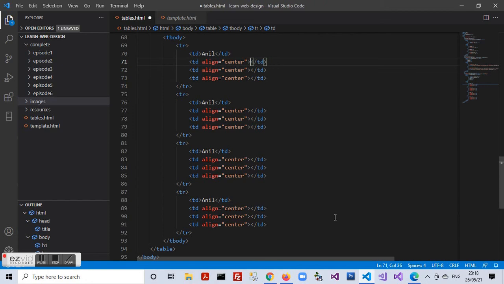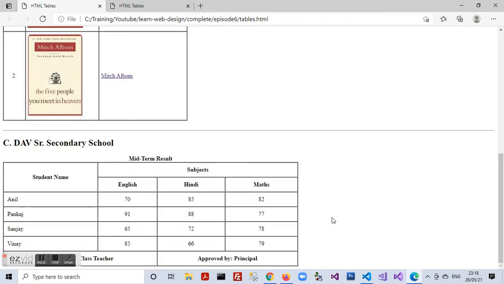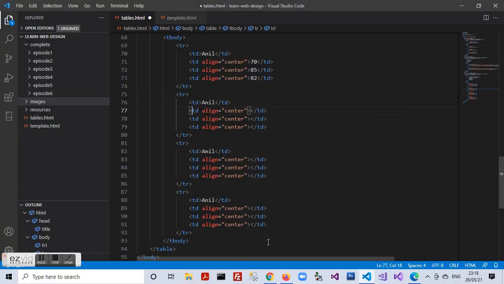So I have 70, 85 and 82. So the second student name is Pankaj and he has marks of 91, 88 and 77. So 91, 88 and 77.